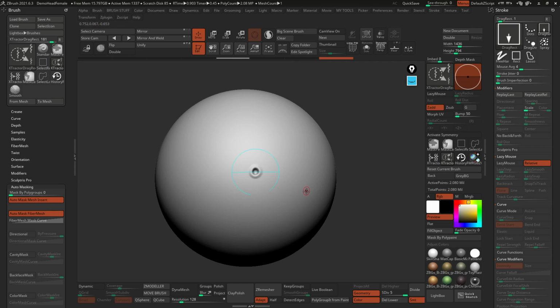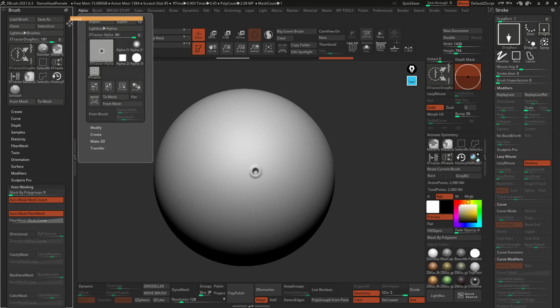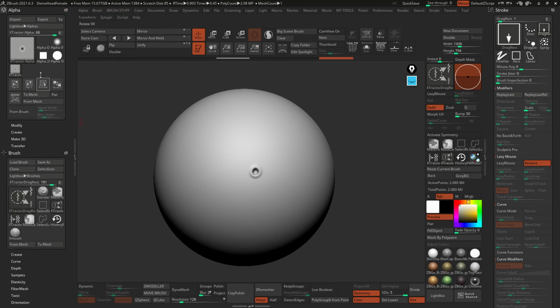And we'll just wait until ZBrush computes that. Remember, it just needs to go back to that previous state that we saved and then analyze the difference between those states. But that's pretty much it. It already did it. So let's bring in the alpha palette to the left. And you'll see this is the new alpha that was created for that brush. So now I can just go ahead and click and drag. And you see it's just an instance of that alpha, which is fantastic.